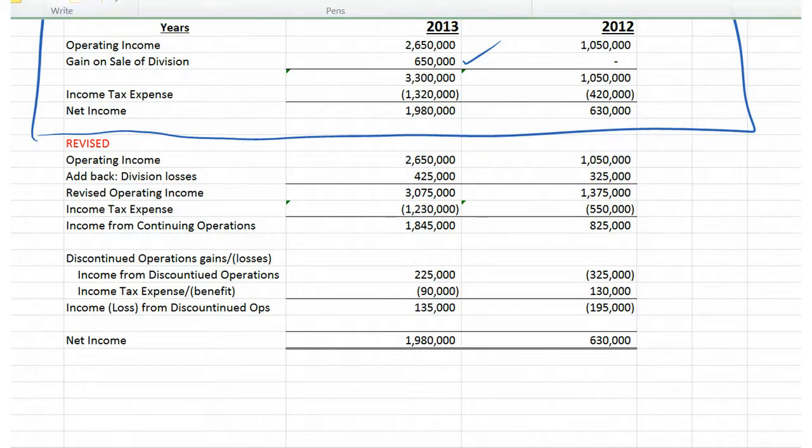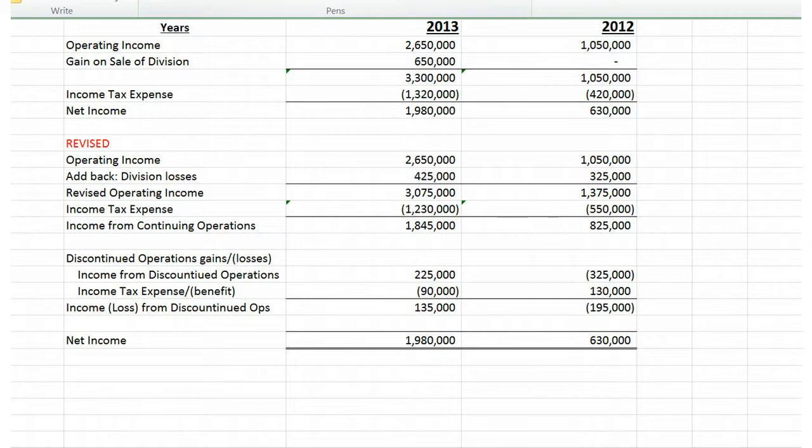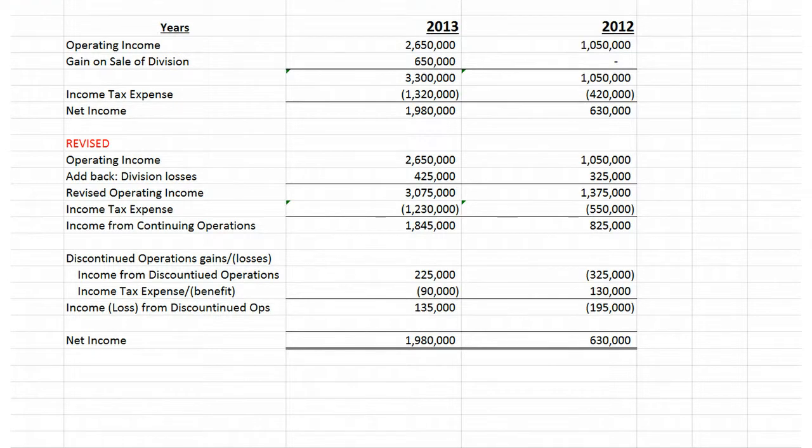When we sell a division, that is the same as discontinuing an operation. And so when we do that, we basically remove the effect of that operation from our regular income statement. So, I've kind of just started with the operating income. Of course, your full income statement would have your revenues and your cost of goods sold and then your operating expenses to arrive at operating income. So this is the revised